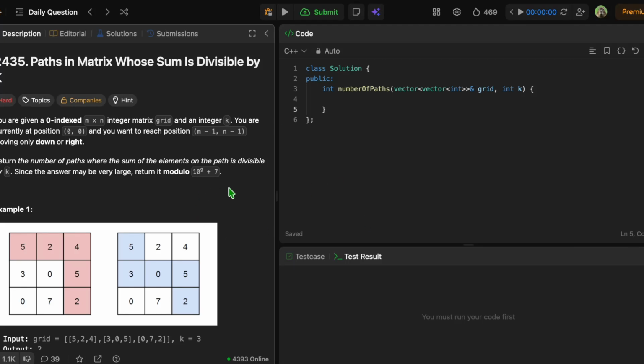So let's solve today's POTD, paths in matrix whose sum is divisible by k. Basically, we are given an n cross m matrix, where we have to start from 0, 0 and we need to reach the n minus 1, m minus 1 position. I have replaced n and m just for my convenience, and the only two moves which are allowed are down